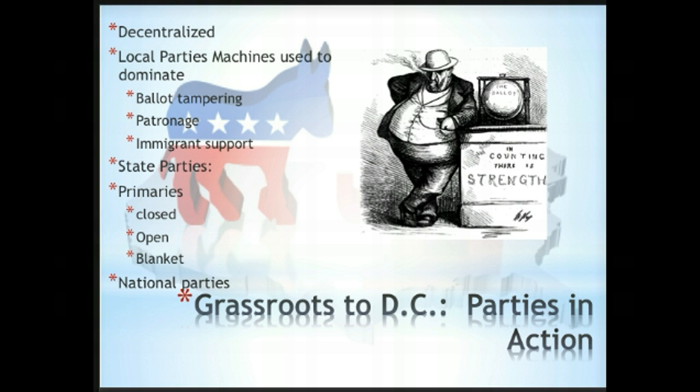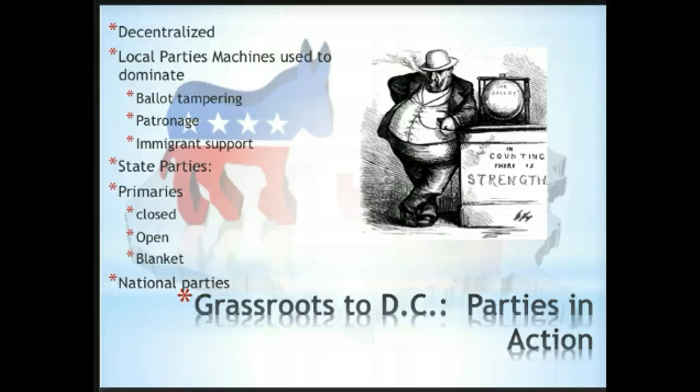Okay. National parties. Again, the national party organization, the supreme power within each of the parties, is a national convention, and the national party convention really meets only every 4 years to write the party's platform and nominate its candidate for president and vice president. Now, the National Party Committee does keep the party operating between the 4 years of the convention, but